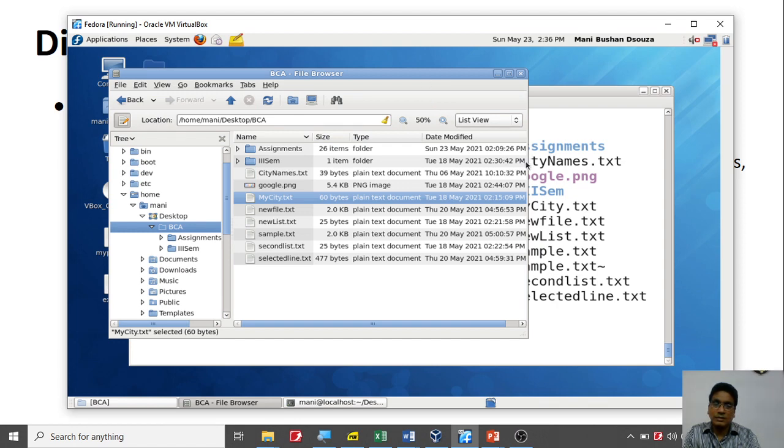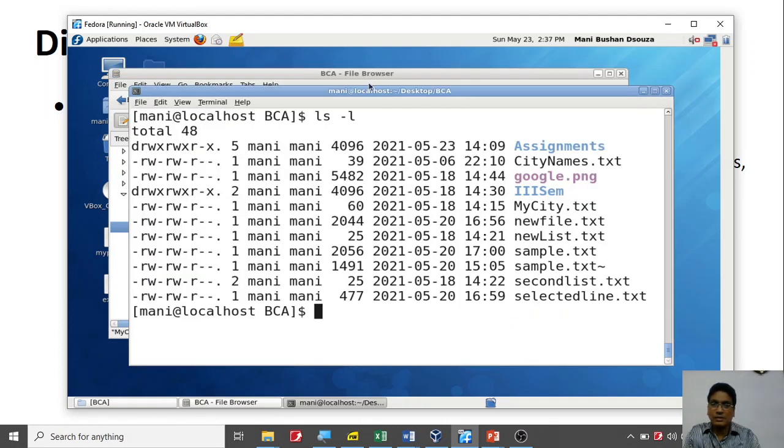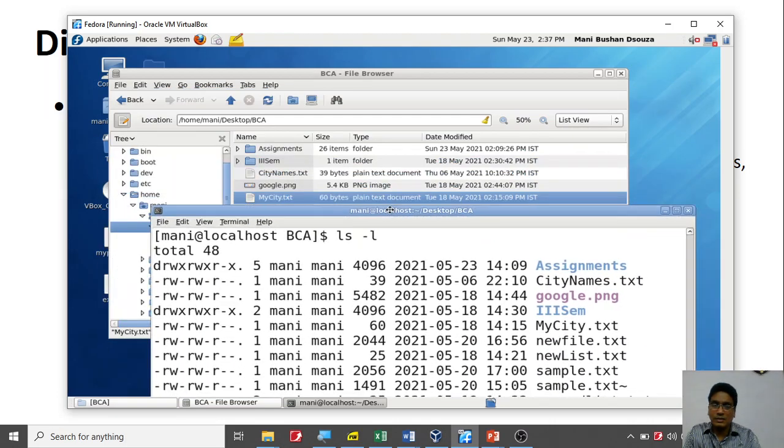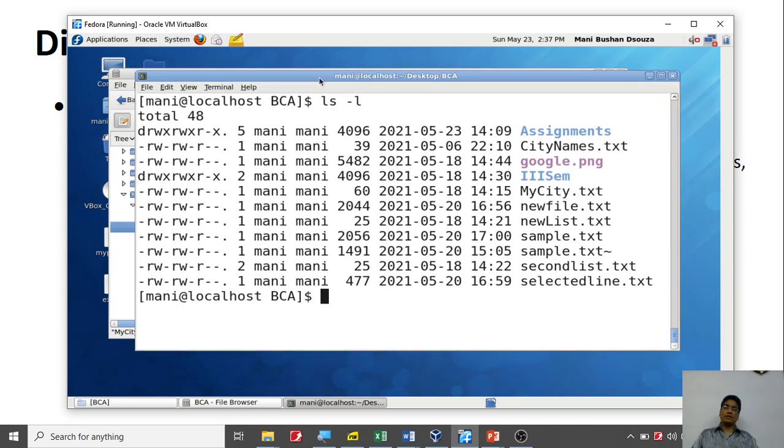So you can see that even on Windows you have that option, so don't worry about it. Now you can see something like this, but not exactly like this. You will see the size of the file, when it was created, whether it is a folder or file, and so on. So you are able to see it in a list, the same thing that you can see over here. Now there are a few things you must understand about this kind of output. What are the things that it is trying to show you?